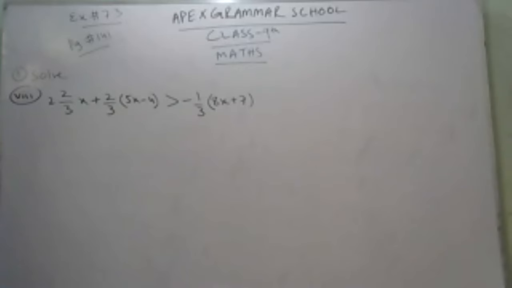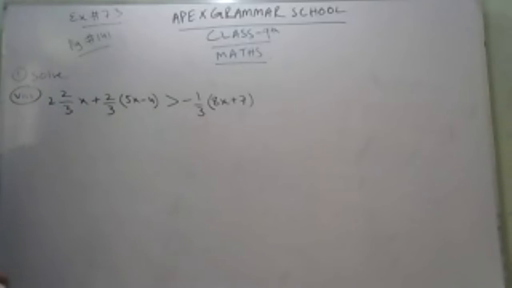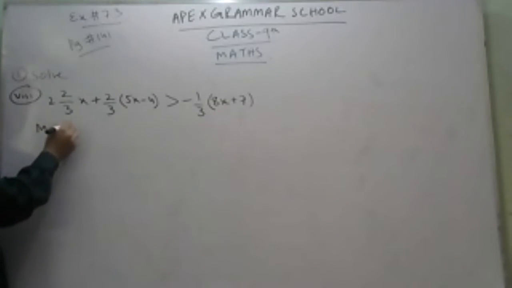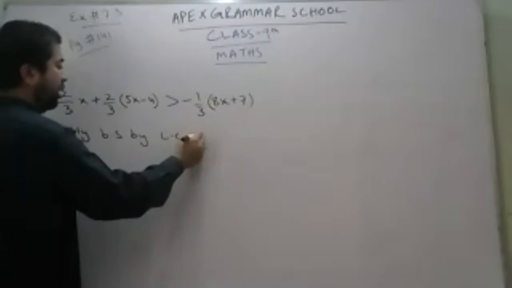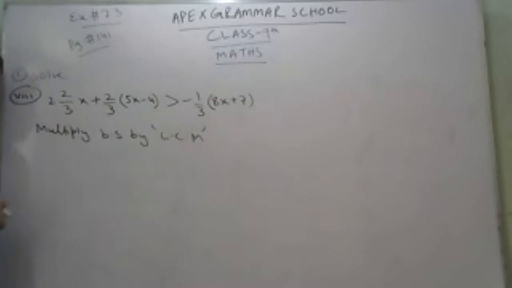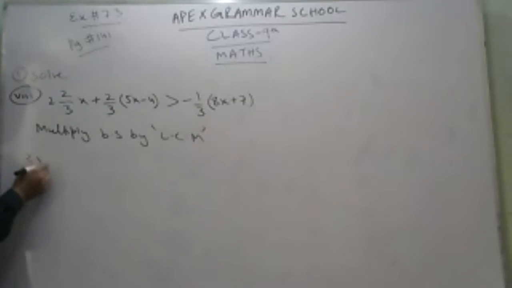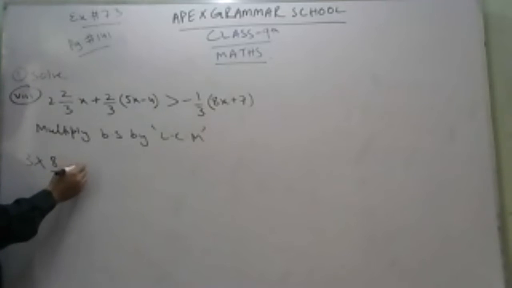First, you can take the LCM and then solve it, or you can multiply all the values by the LCM. The LCM of 3, 3 and 3 is only 3. So multiply both sides by the LCM: 3 multiplied by 3 times 2 is 6, 6 plus 2 is 8, over 3, x plus